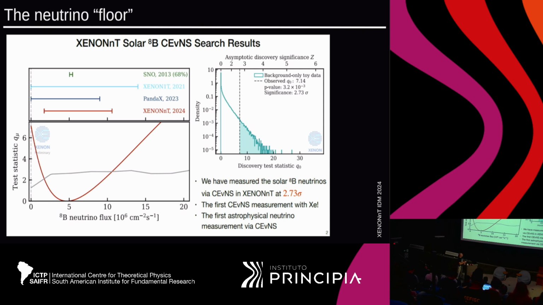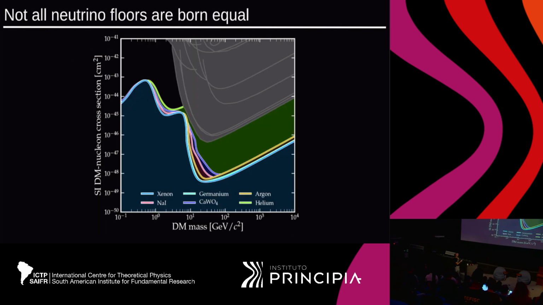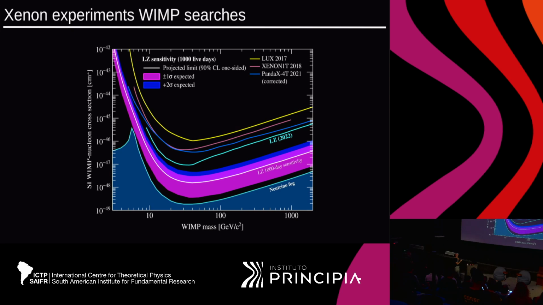I didn't have time to go into a lot of detail on the light dark matter searches. All of these slides have been focusing on the WIMP-like searches that are above 1 GeV for the dark matter mass. If you want to go to lower masses, you can do that by looking at dimmer signals that would come from interactions that produce a lot less